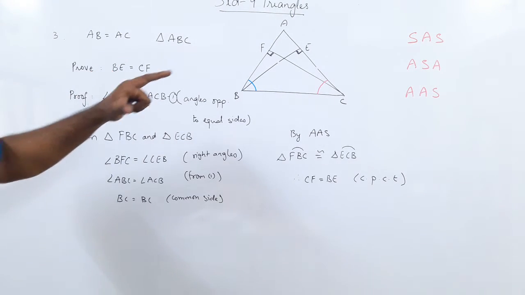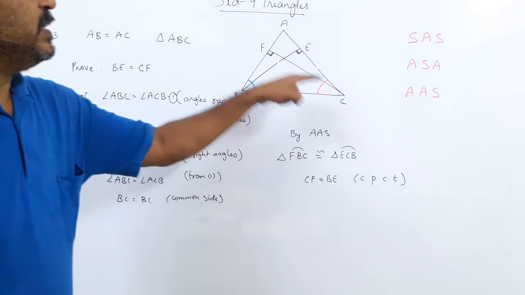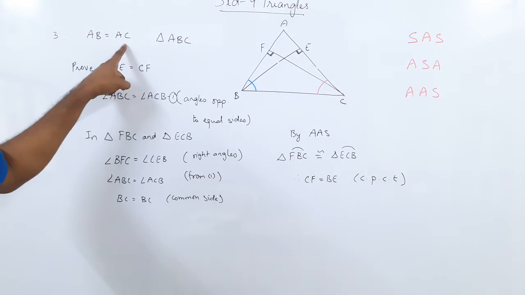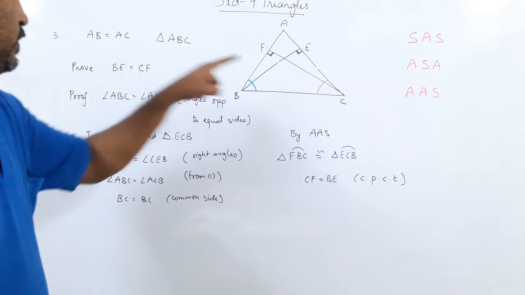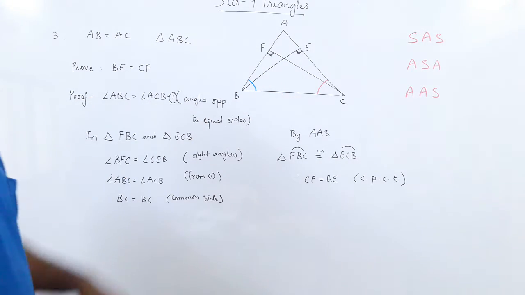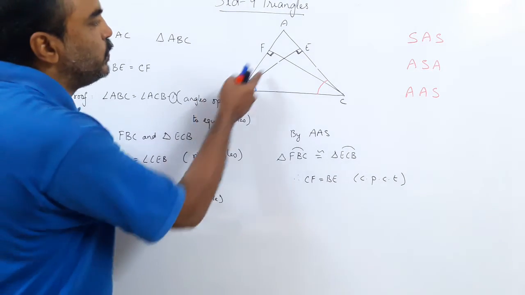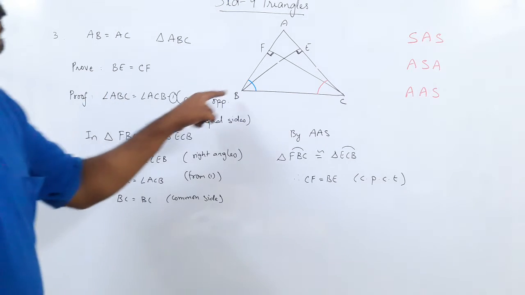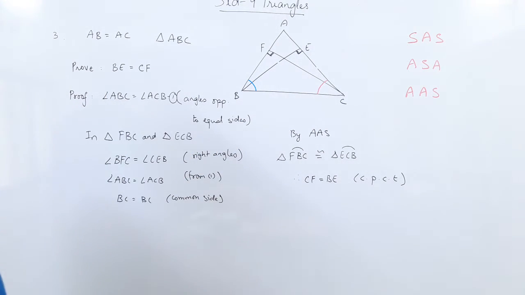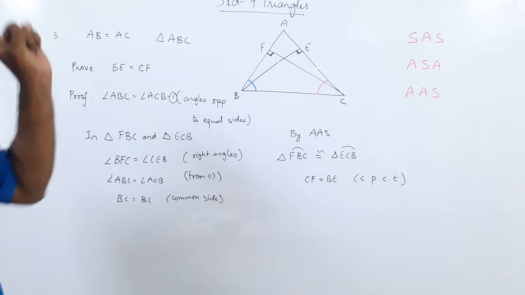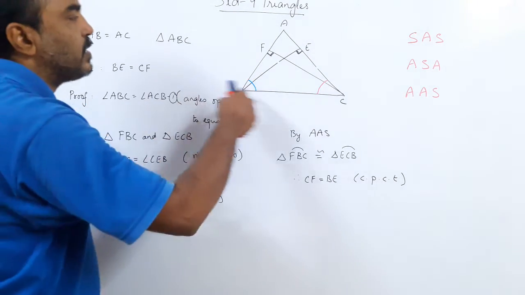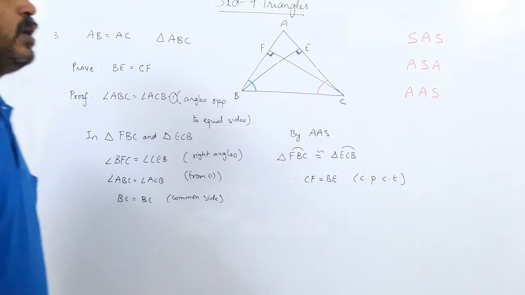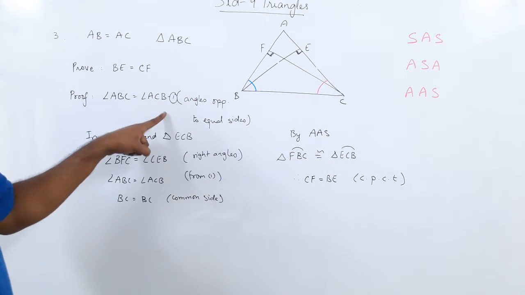Again, look at the same. What were we given? We were given triangle ABC, in which AB equal to AC. Only that much was given. Then there were two altitudes, BE at 90 degree, CF at 90 degree, and you have to prove that BE equal to CF, that the altitudes are equal. Now before I started the sum, I used the theorem we did previously. In a triangle, if two sides are equal, angle opposite to them is also equal. So I showed the angles are equal, the result one.